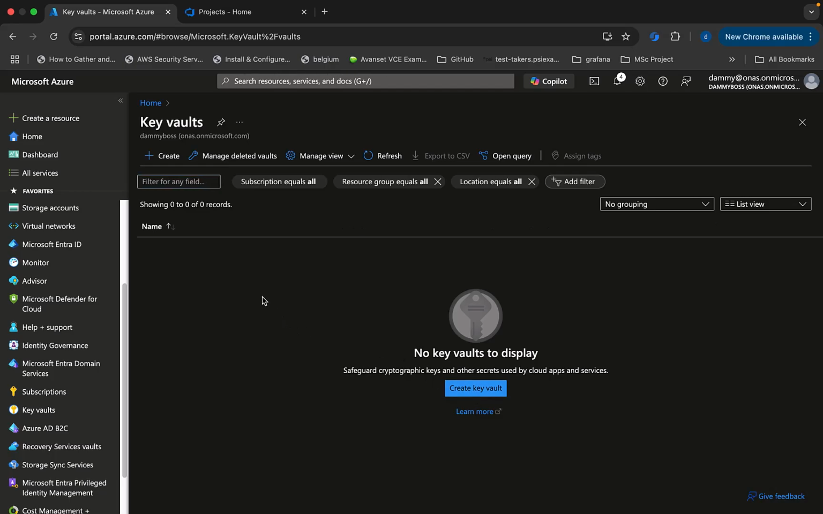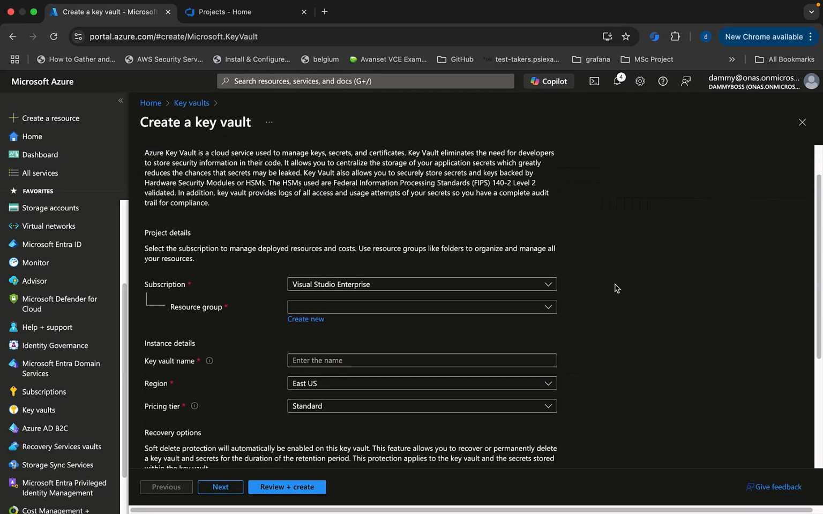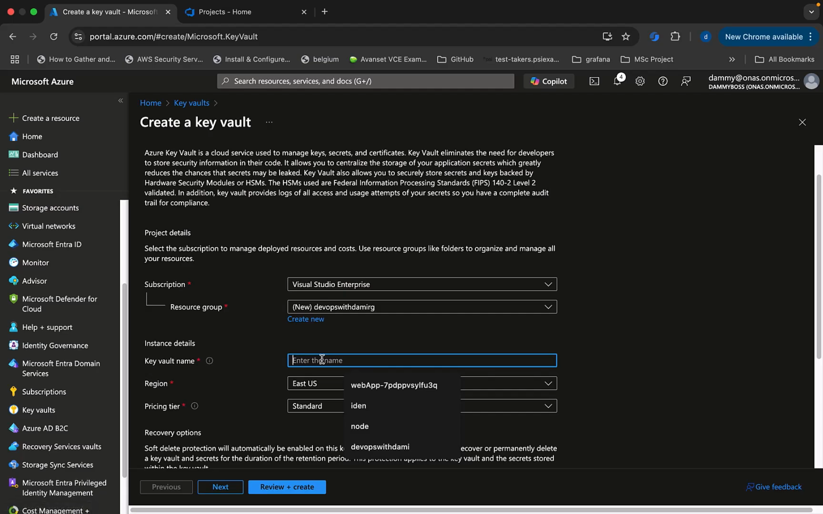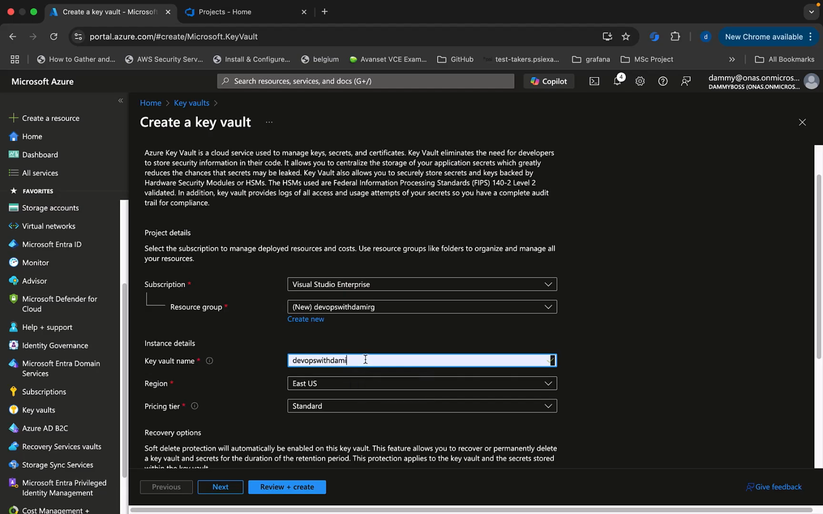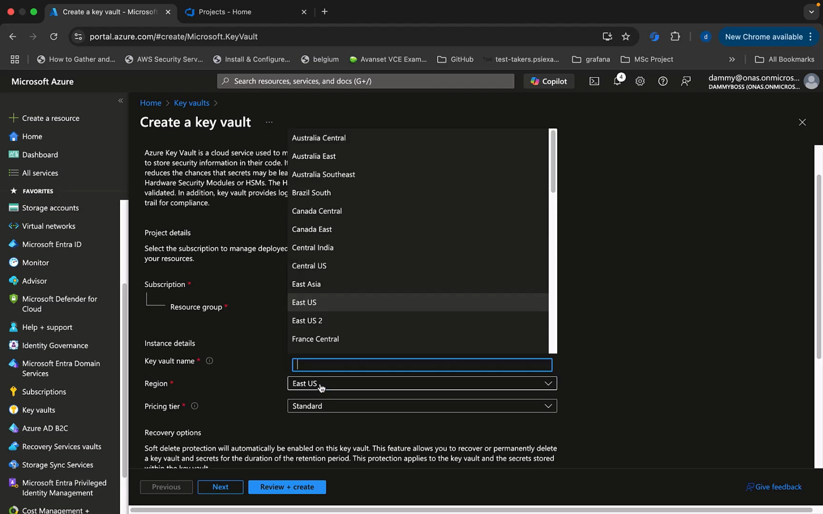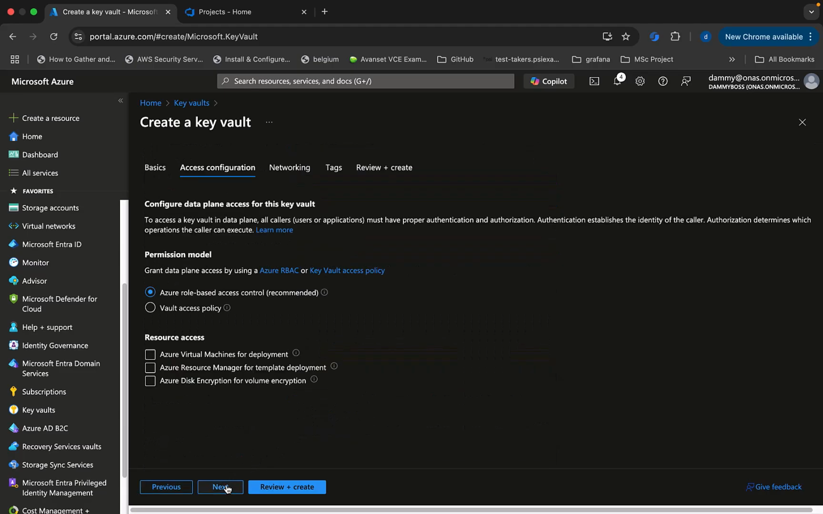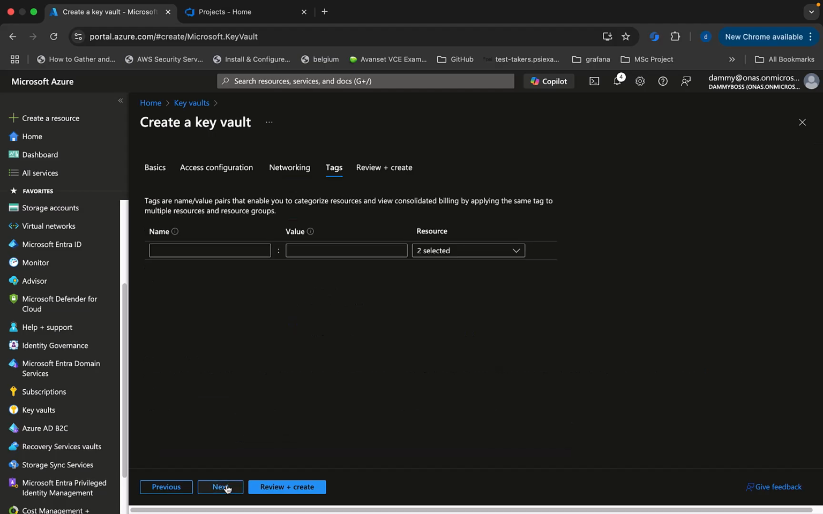I'm going to be creating the Key Vault, which we're going to be linking with the pipeline. So I'll create a new resource group for this. And then I'm going to be naming the Key Vault DevOps with Dami Key. I'm going to be using UK South, UK West. All right, I think that's pretty much what we need to configure here. Let's proceed to